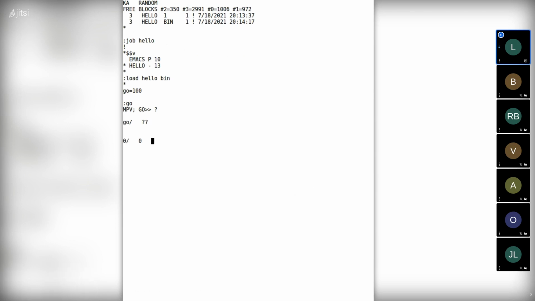We do have these 16 locations. So this is just typing out the address / and the contents at that location. So we can see we have 16 locations containing 0, and that's just the accumulators. The PDP-10 has 16 accumulators.